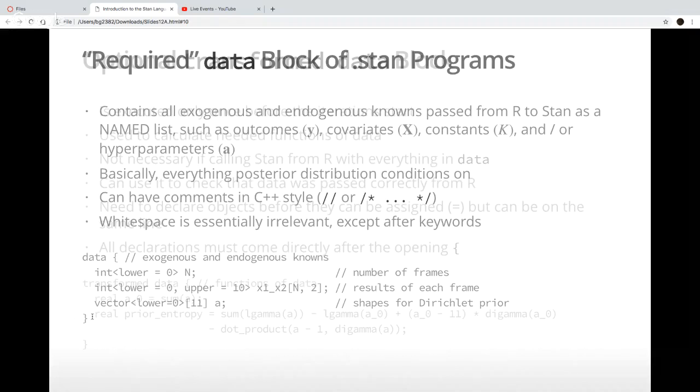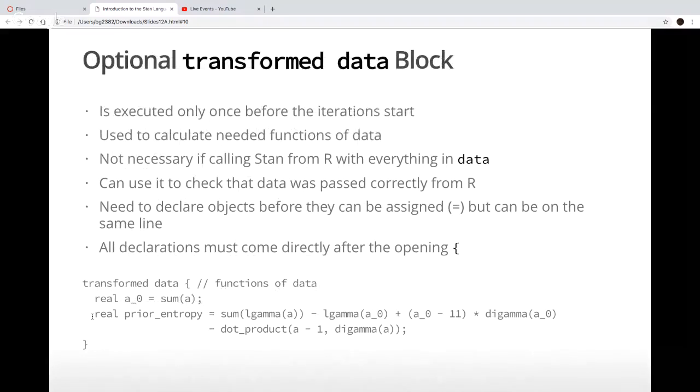Okay. After the data block, there's another optional block called transformed data, which is executed only once, before any of the MCMC iterations start, and you can use it to calculate any functions of the data that you need. So functions of exogenous knowns are also exogenous knowns.